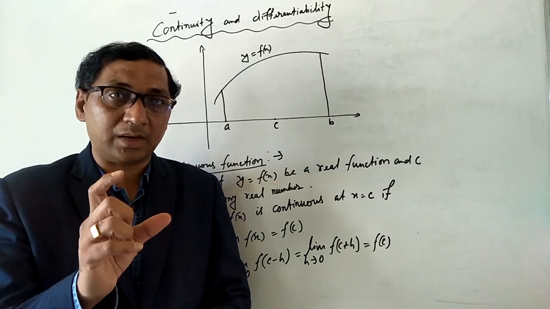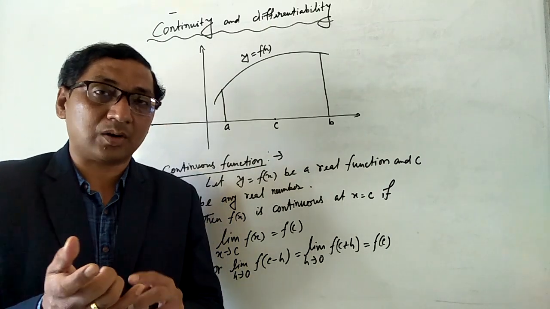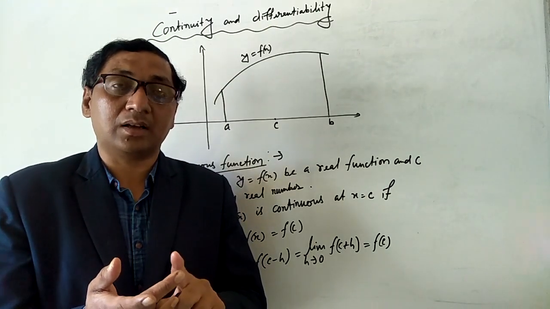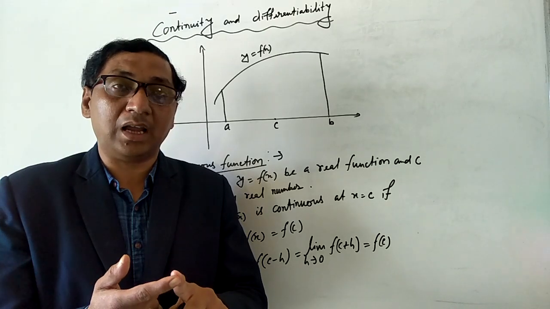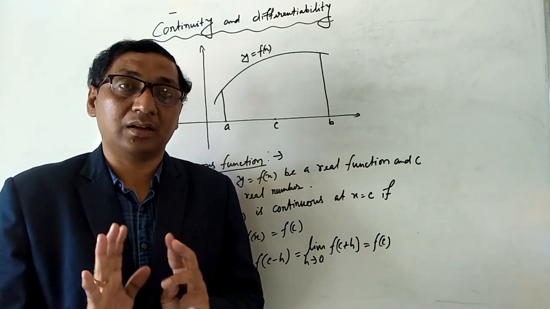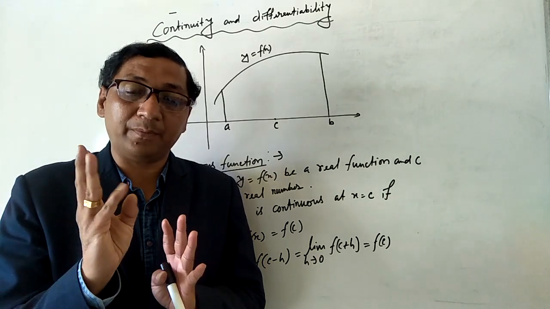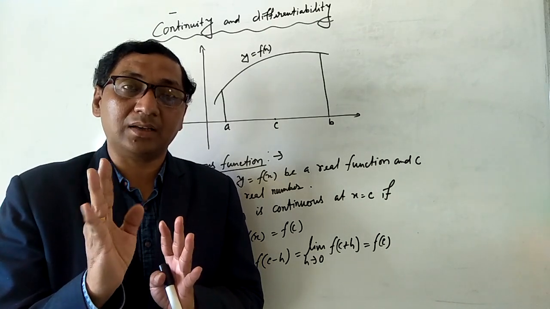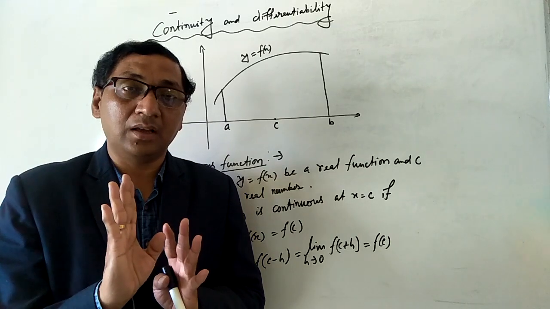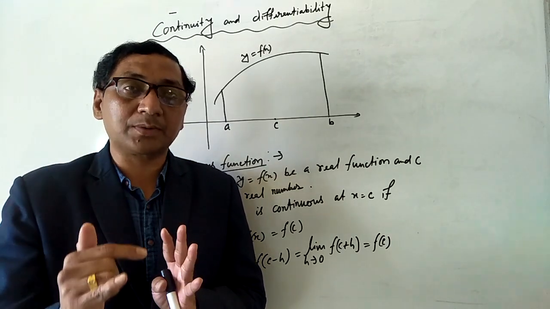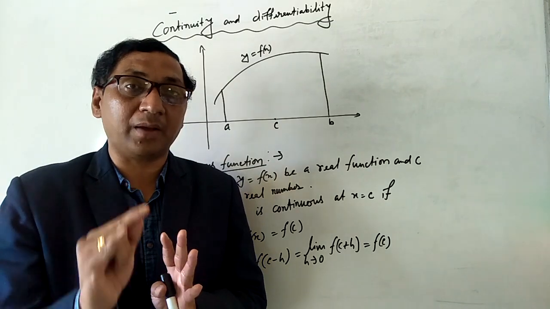From calculus the total marks is 35, and calculus contains chapter 5, chapter 6, chapter 7, chapter 8 and chapter 9. Is it clear everyone? So chapters 5, 6, 7, 8, 9, up to differential equations. Okay, all are calculus portions. From calculus portions you will get a total of 35 marks.